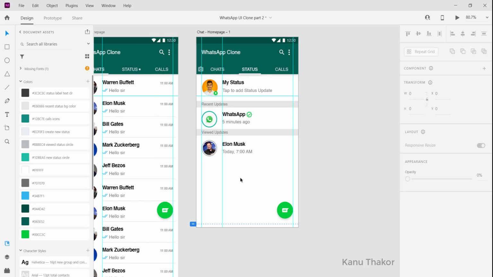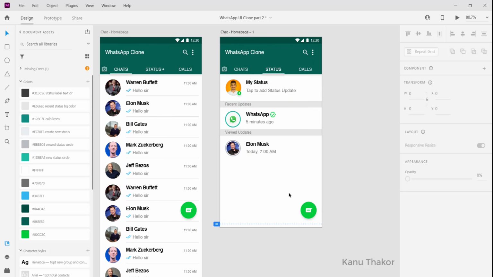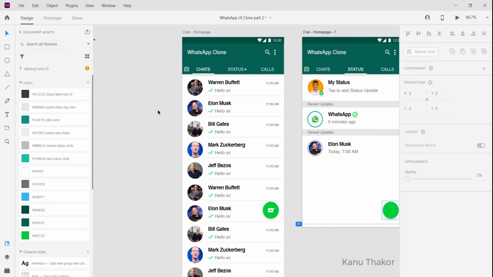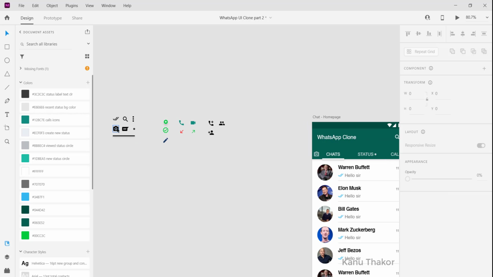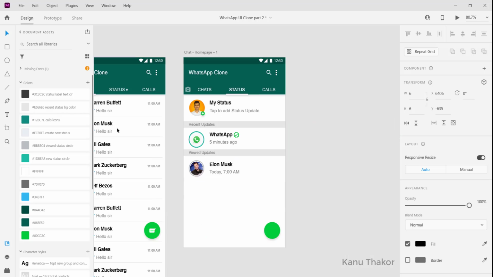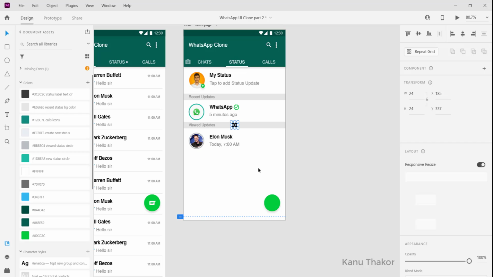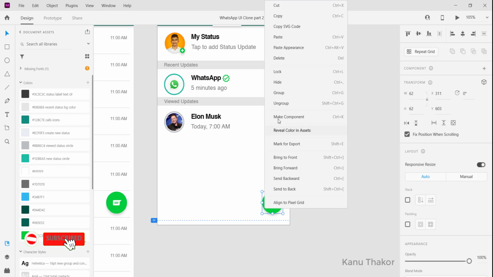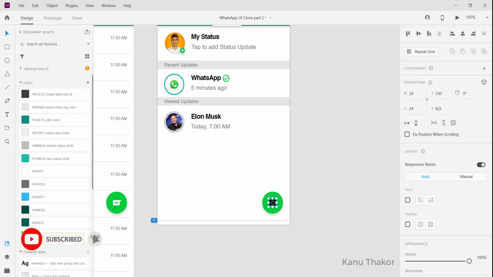So now this is done, and we are going to change this icon here. This icon is going to be the icon of a camera, and for that I have this camera here. So simply copy it, again move here and then paste it, align them center here and group them, then arrange it at the center point, increase its size.